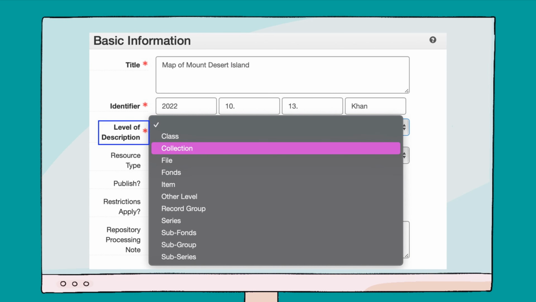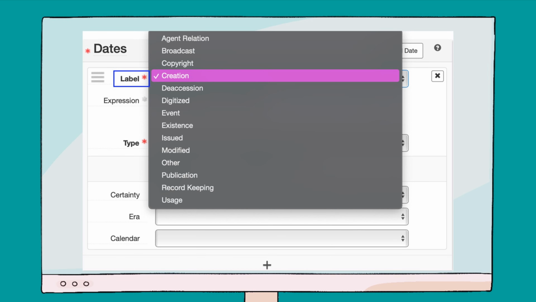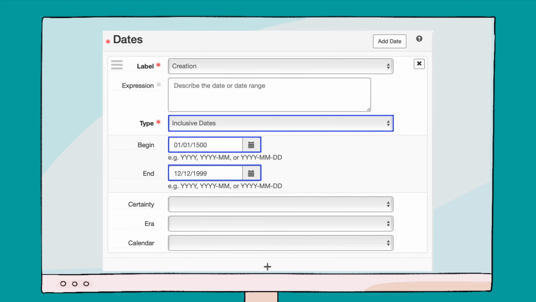In the level of description field, select Collection. In your own work, you will likely use other options as well, but for our purposes, resource records will capture the collection level only. In the language field, select English. In the date label field, ensure creation remains selected. In the descriptive dates field, select type inclusive dates and enter the date range for the collection with as much